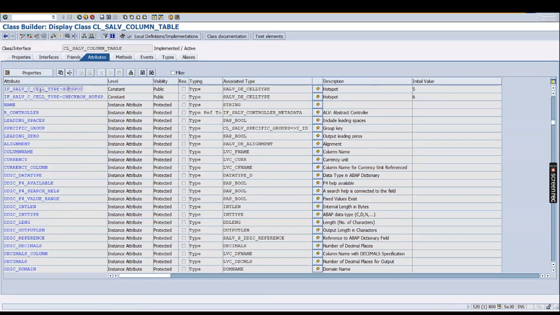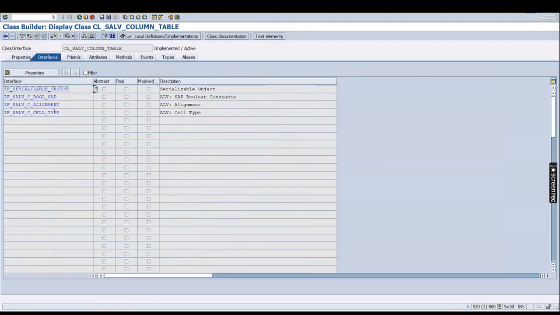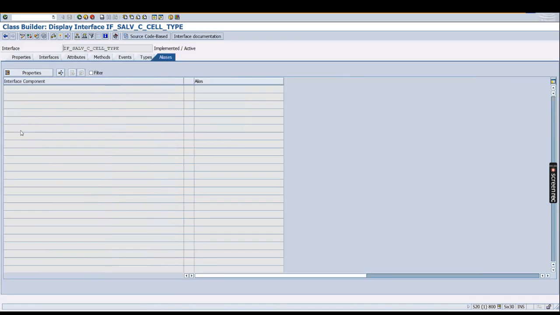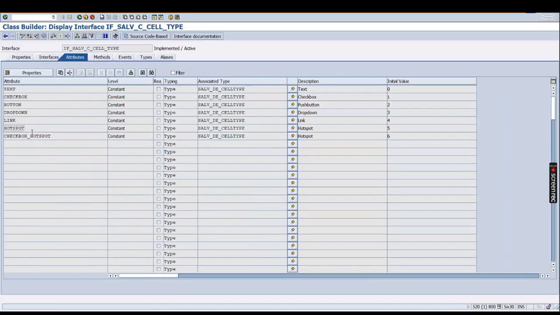You can double click over here or directly go to this interface. Come here, IF_SALV_C_CELL_TYPE. Double click, go to the attributes and hotspot. So this interface has the attribute called hotspot, and we can use this. Let's see if some alias has been defined for this hotspot so that it will be easy for us to access. There is no alias defined. So how can we access this attribute hotspot of this interface? We can copy this,